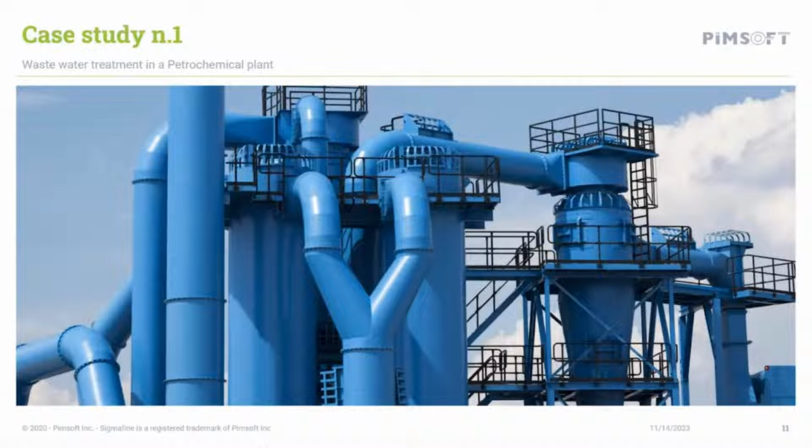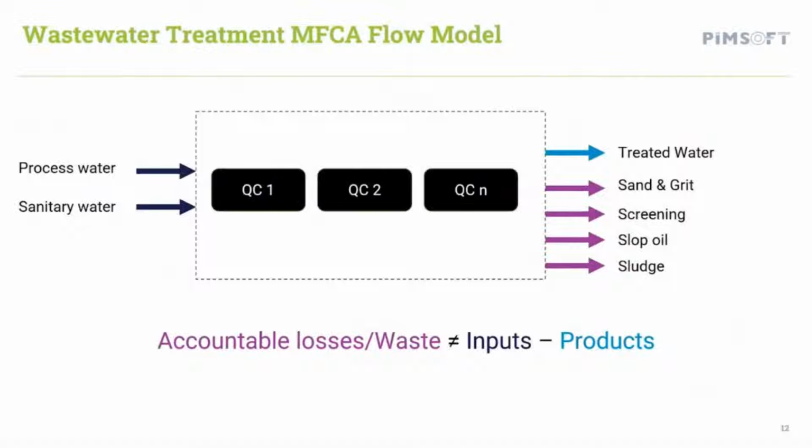Now, let's introduce a couple of case studies. The first one regards a wastewater treatment of a petrochemical plant. This is a simplified flow sheet of the fence balance, and inside some quantity centers are defined. A center refers to any significant area of a process where product, waste and costs are of interest. MFCA quantity centers tend to be high-level diagrams, which will not have granularity down to each tank, meter, or pump.